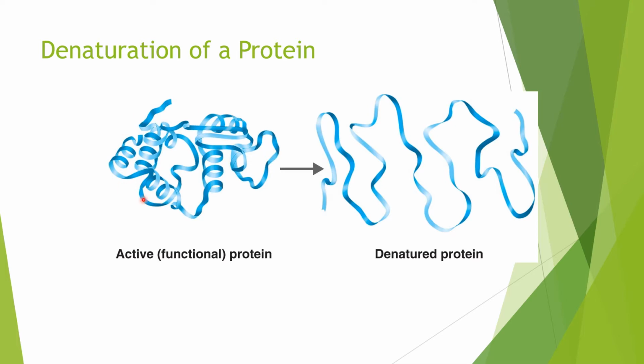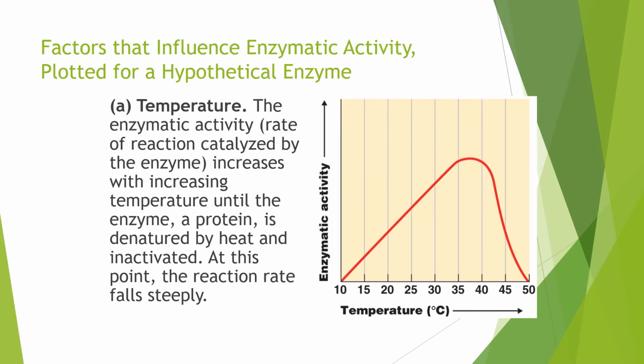And so if this is an active functional protein looking like this, and let's say you change one of those factors like the temperature, the pH, etc., the protein is actually going to break down. Let's go ahead and take a look at the factors that can affect our enzyme activity. So if we take a look right here at this graph,